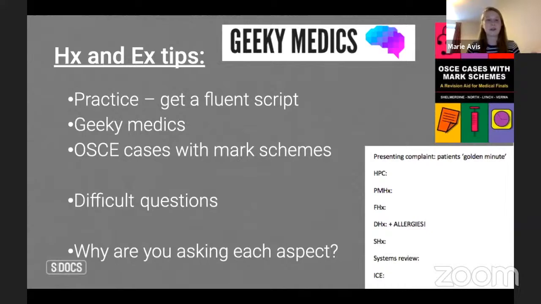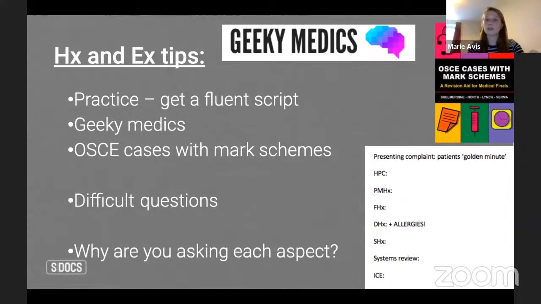A couple of the resources that I found really useful are Geeky Medics. I'm sure you've all heard of them. They do brilliant explanations of histories, and they do some really great videos of examinations. Just by running through those and getting comfortable with what you need to ask is the best way to start. And then there's this book called OSCE Cases with Mark Schemes, which is the picture in the corner,